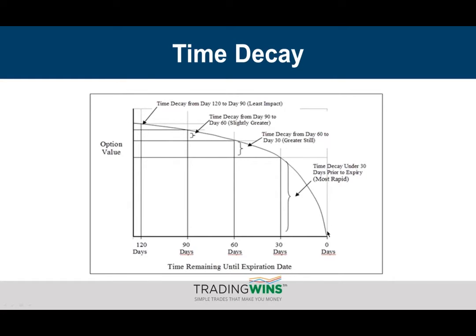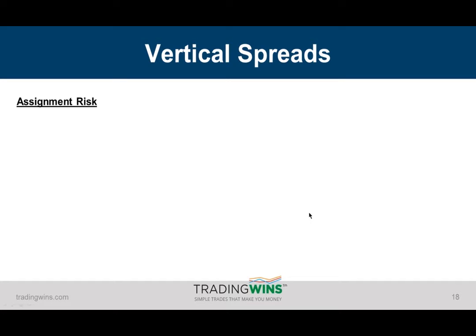If you look at this line here, if we're at 120 days, you can see it slowly starts to erode, okay, with every day that passes. But once you get within 30 days, even you can call it 40 days here, that's when that time decay starts to deteriorate rapidly, okay? So when you're buying a long call, you want more time in your favor. When you're selling an option, you want the least amount of time possible. That way, that theta decay works in your favor, okay? Trust me, it'll make a lot more sense on the chart. We're one slide away from getting to the charts here.